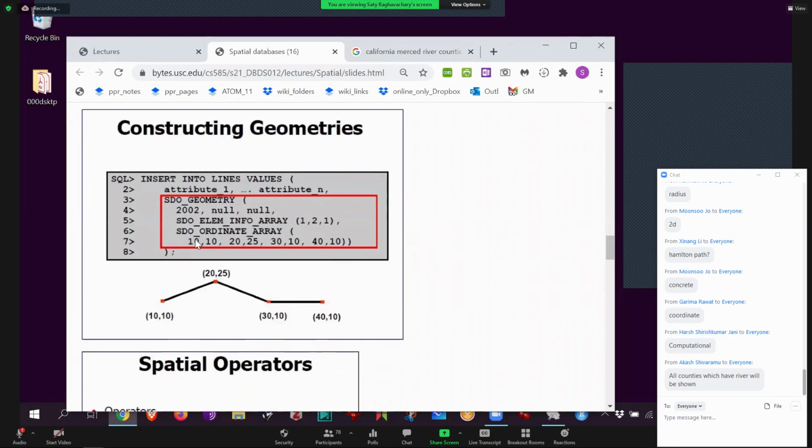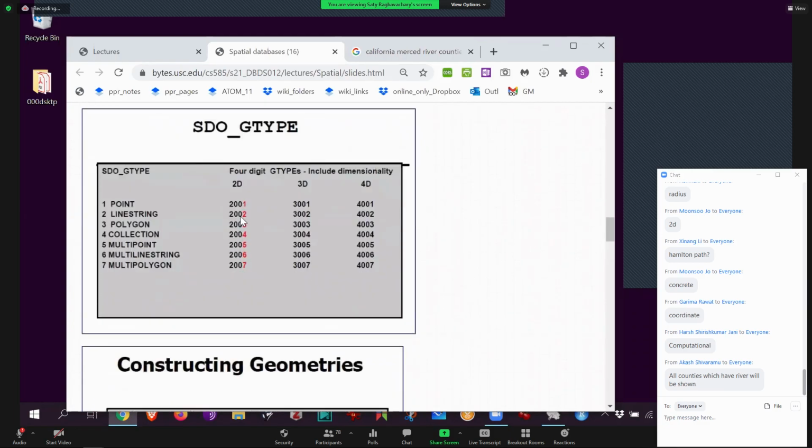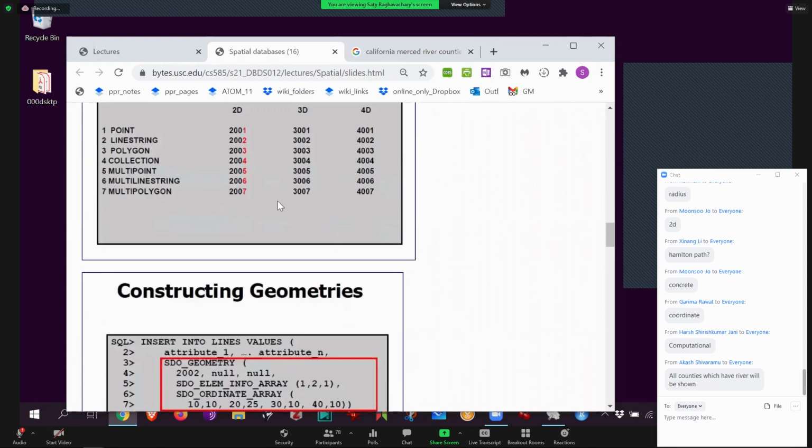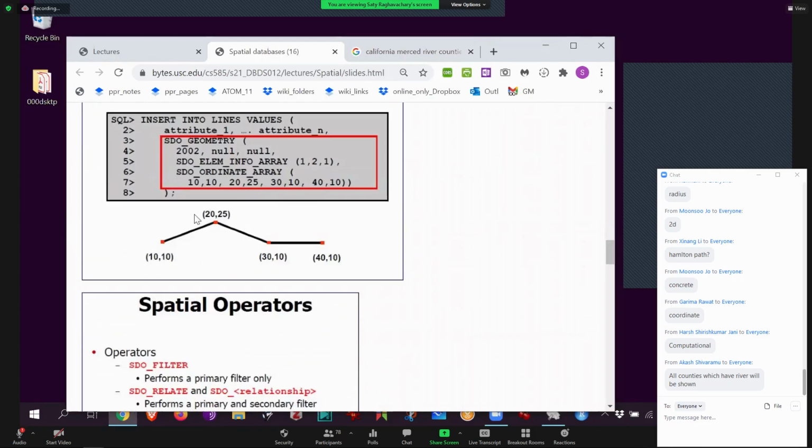And then this is the part we can skip. This is literally the insert command. It's a little bit painful. You are actually making an SDO_GEOMETRY, that's a constructor. But then you tell it what type it is, and then it knows to expect that, because I told you 2002 means a 2-dimensional line string. So imagine this is your line string. This data, right here, is encapsulated right there. But you have to go through all this extra work to store just that.